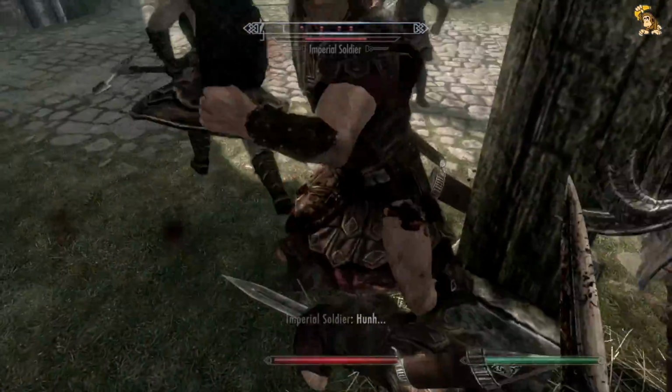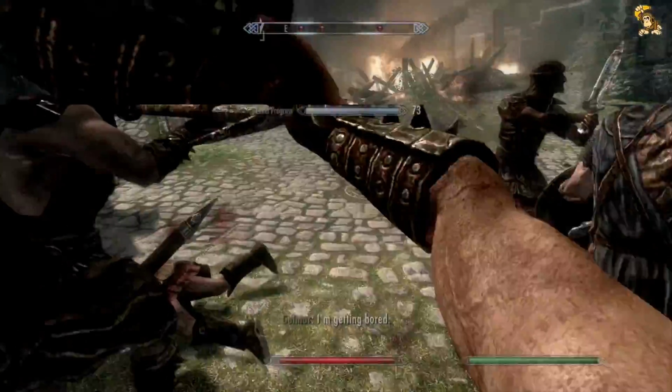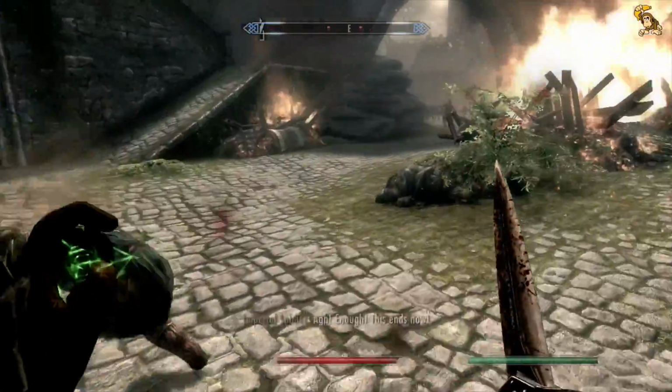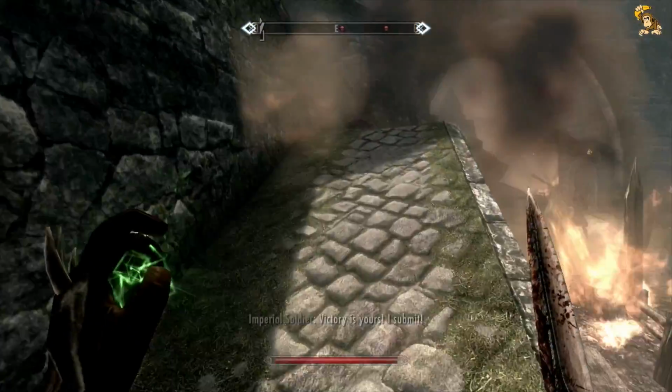Kneel before me, stone. There we go, one-handed's leveling up, which is quite good. And we've leveled up, so it's even better. I seem to always go for the dead, but you can just leave these as well if you want. Now if you go up here, this is the normal way to...